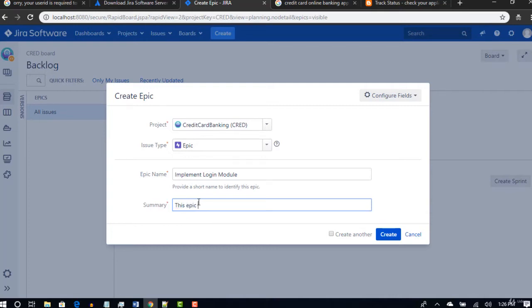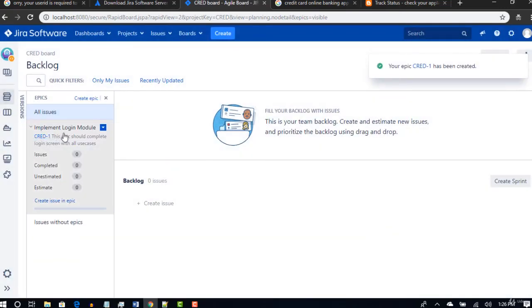This epic should complete the login screen with all use cases. Something like that, and create. So you have one epic created. This is how you do it.